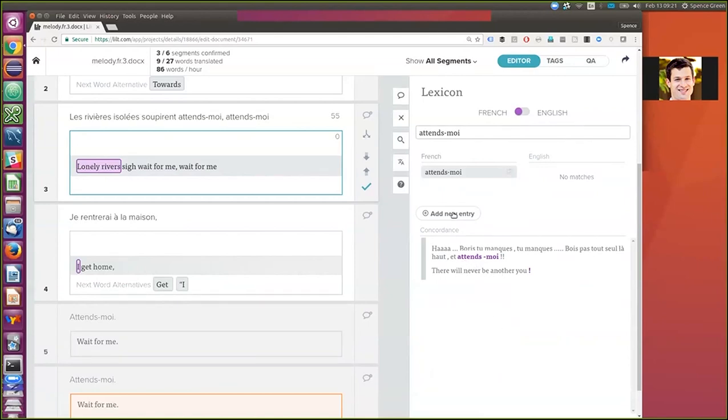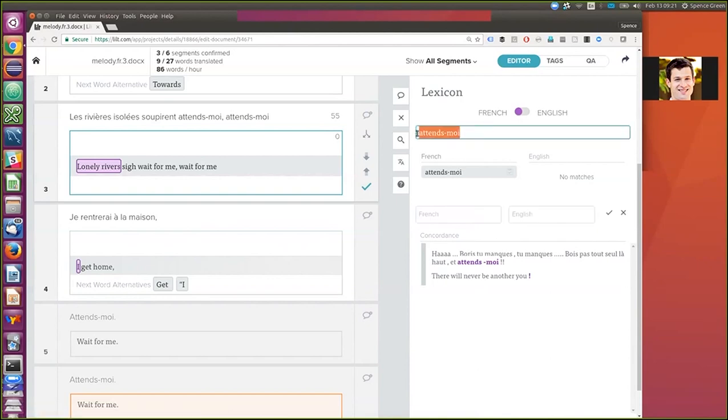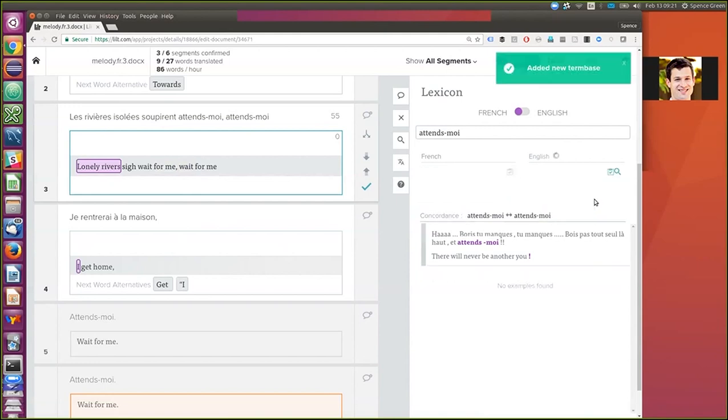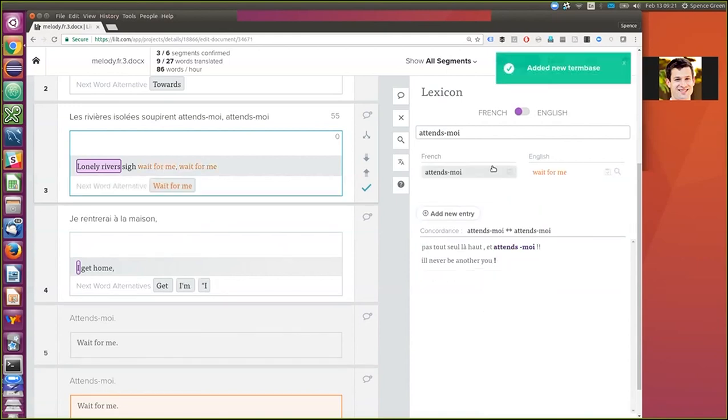So what you can do with the term base is you can add entries. So I'm going to add this to the term base. And when I click this check mark, what's going to happen is it's going to go into the glossary, but it's also going to go into the MT system. And the MT system will use the terminology that I specify. So I'll click the check mark. Now you see that it appears here in the glossary. But if we come over to segment number 3, we'll see now that we see this phrase used in the